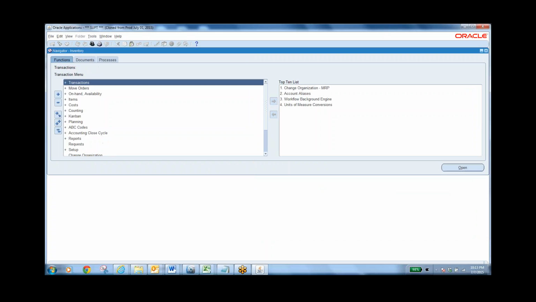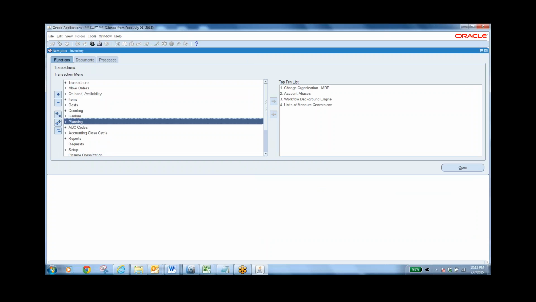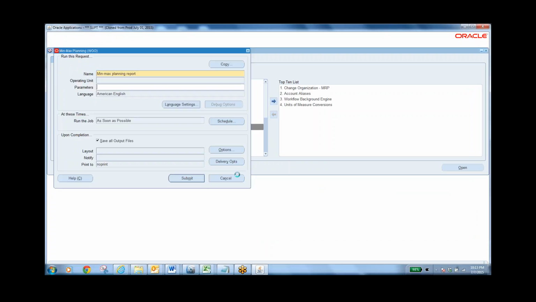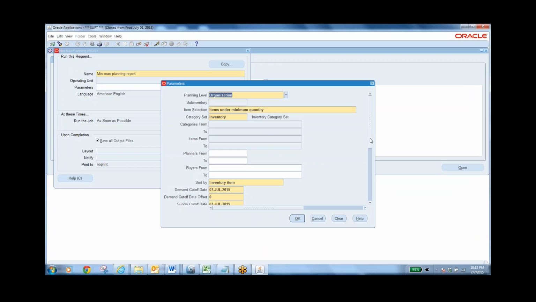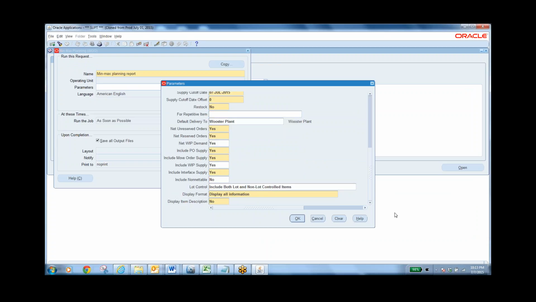Why? That is what min-max planning does. Here, if you see min-max planning, I forgot to tell you one thing. When you open this one, restock, yes. What is restock? It means bring the stock again. That is called restock. If you put yes, and you are initiating the approval process,